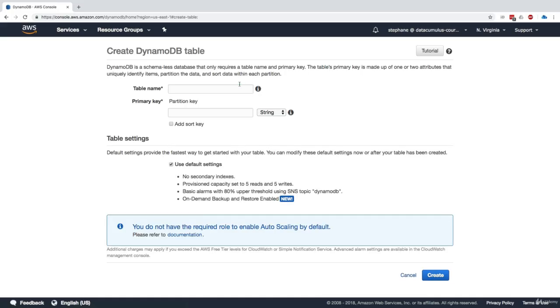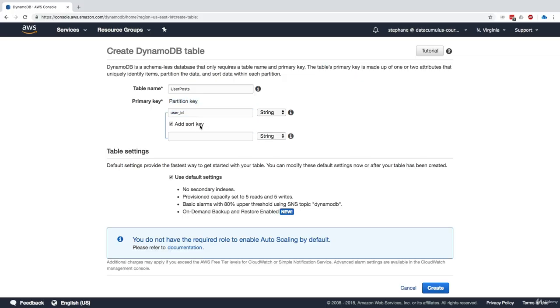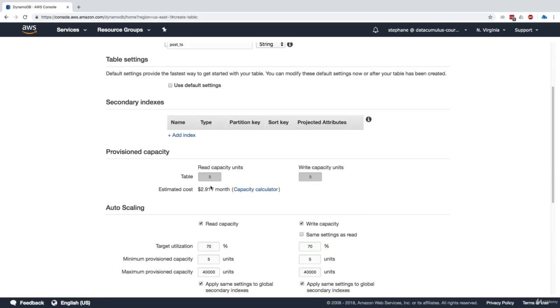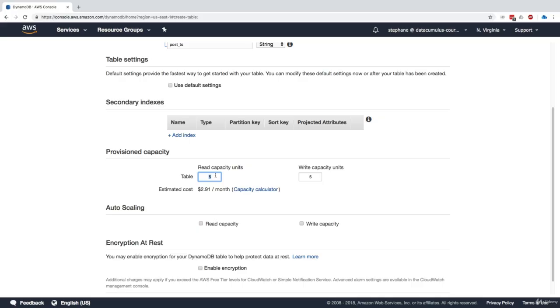Now let's create a second table, and I will call it user posts. And so this is going to contain articles posted by my user. So the partition key is user ID, because I definitely want to understand which of my users posted something. And as a sort key, maybe I'll have a post timestamp. And so, yes, I want to know all my users' posts, but I'd love for them to be ordered, sorted by the post timestamp. So post TS. That sounds about right. I will not use the default setting. I will remove auto scaling. And again, I'll have 2 and 2 as the read and write capacity units.